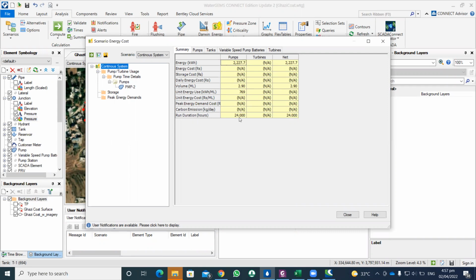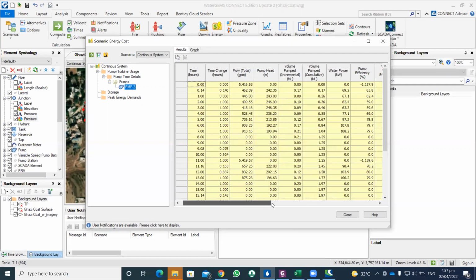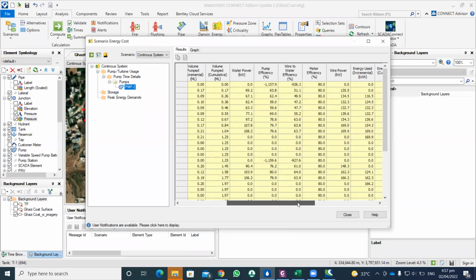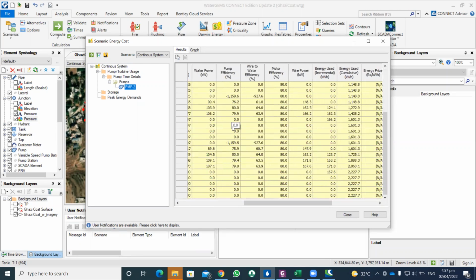Similarly, how long the pump runs. It also provides different values at different time intervals: the flow provided by the pump, the pump head, the volume provided, and the water power and pump efficiency